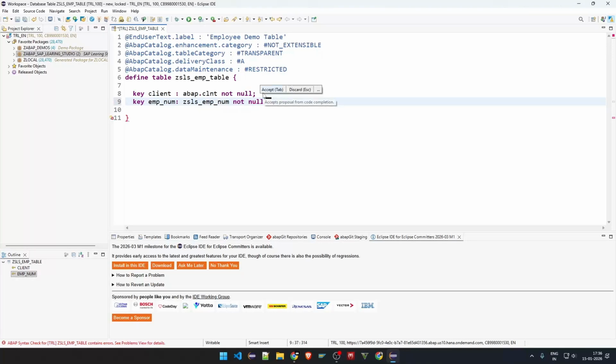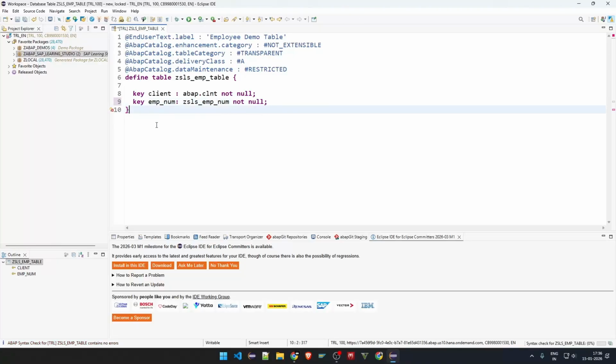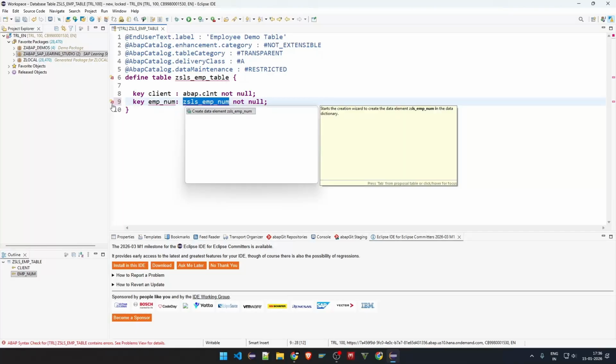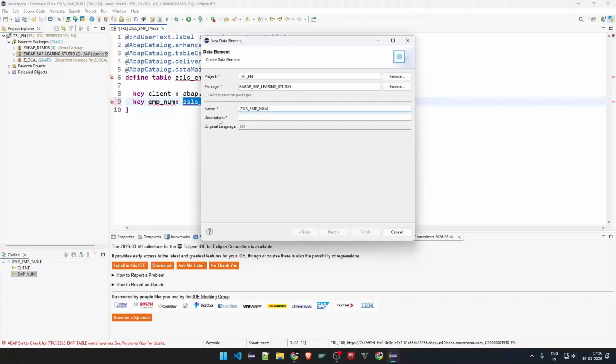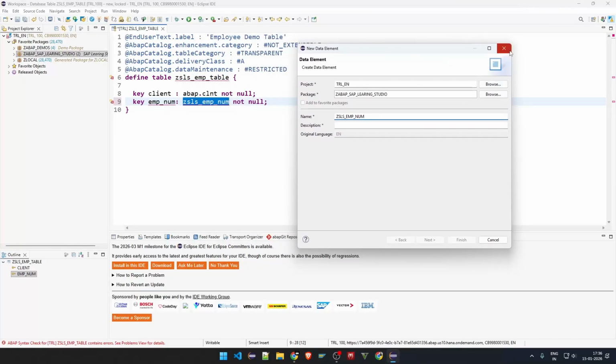So the key field is never blank. If you see here, there is an error and it says that this data element is not present. There are two ways of creating this data element. You can click on the error icon and click on create data element. A pop-up window appears. You can create the data element from here, or else